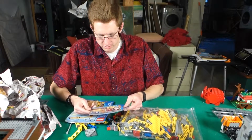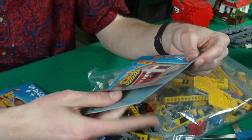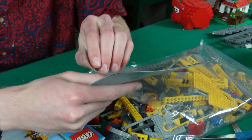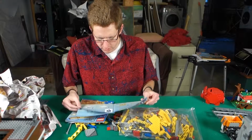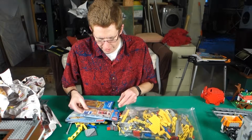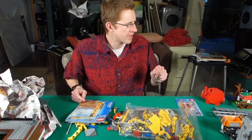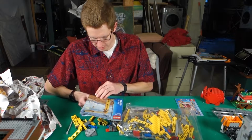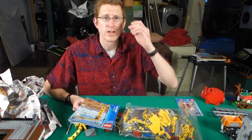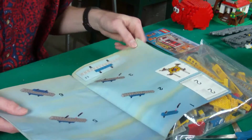We have one book here that contains the instructions for a couple of little bins. I guess that's a porta potty, which is kind of cool. So I figured they just this past year came out with a porta potty set. I thought that maybe that was their first porta potty, but apparently it was not. So that's cool. Again, I don't know what the Belgian word is for a portable restroom, but the instructions aren't